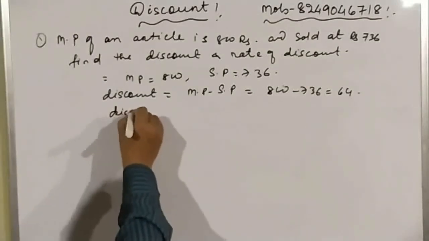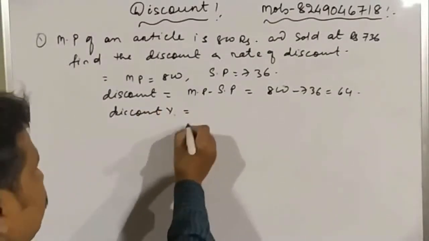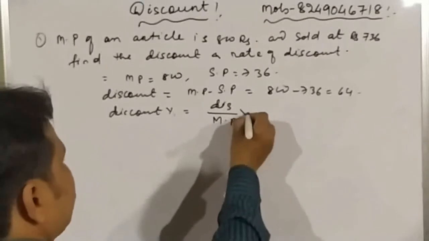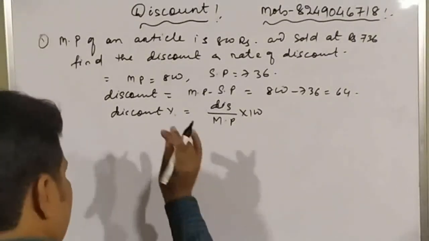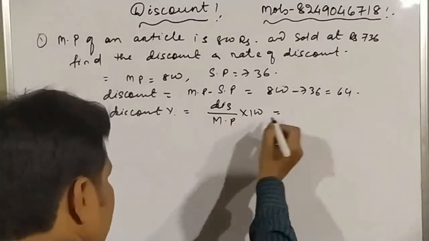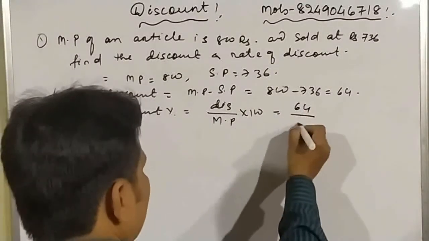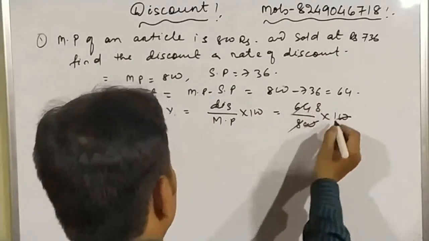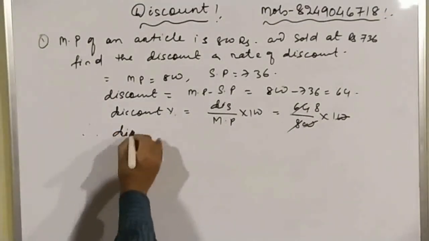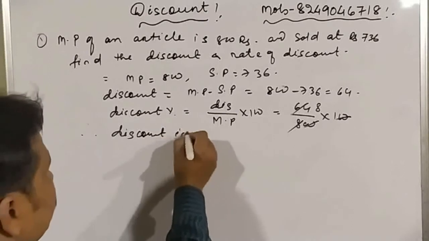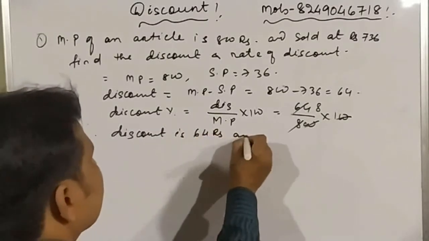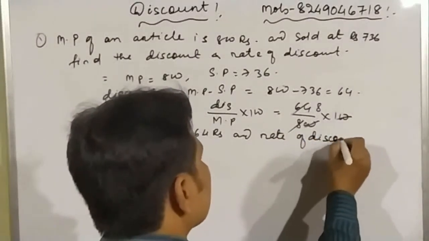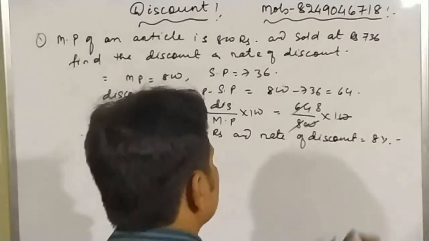Now discount percentage is equal to how much? What is the formula? Discount by mark price into 100. Already I have told you, always discount depends upon the mark price. That's why discount is 64 divided by mark price 800 into 100. So here 100 and 100 cancel, and 8 times 8 is 64, leaving 8. So the final answer: discount is 64 rupees and rate of discount is equal to 8%. Okay student,